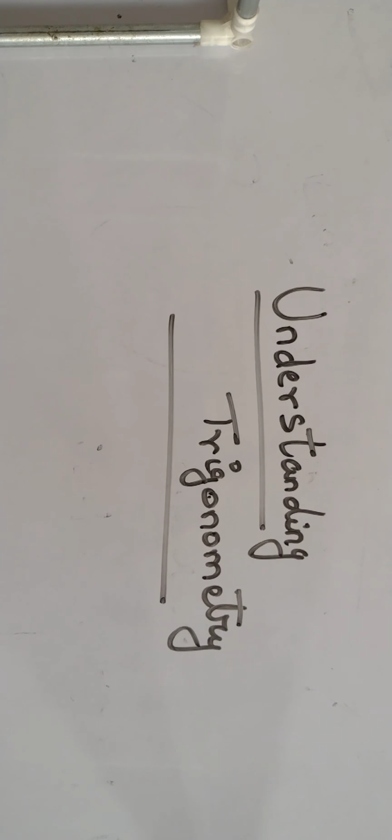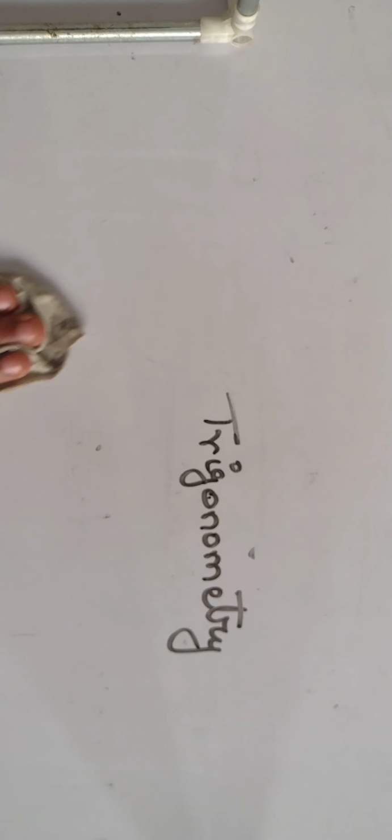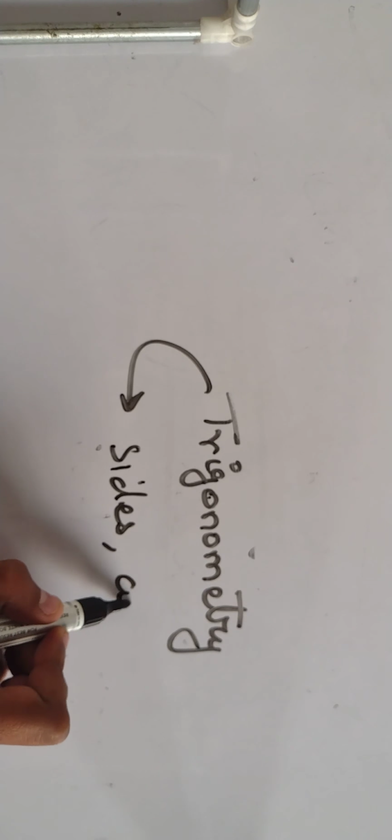So what exactly is trigonometry? On a very basic level, how can you define trigonometry? What is the primitive definition of trigonometry? Trigonometry is a branch of mathematics which deals with sides, angles, and unknown distances. You can calculate some unknown distances by means of some specific ratios, only and only of a right angle triangle. The triangle should contain at least one angle of 90 degrees.